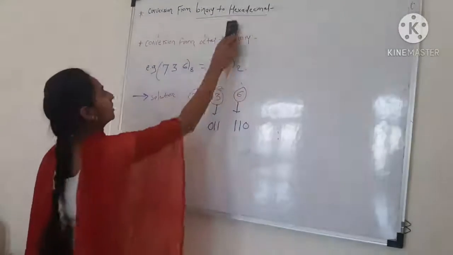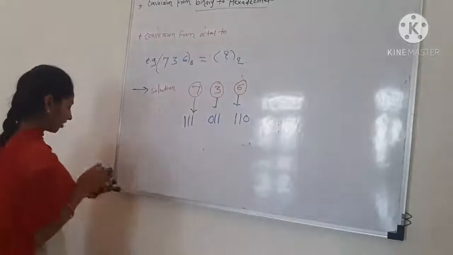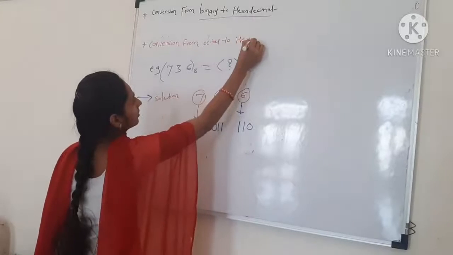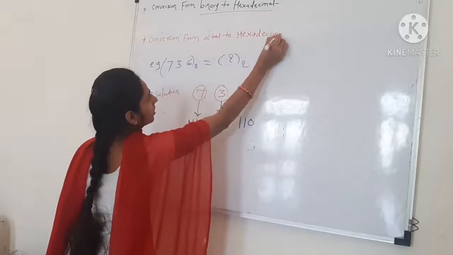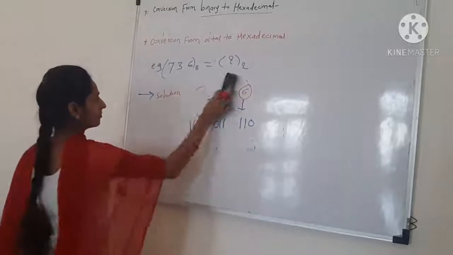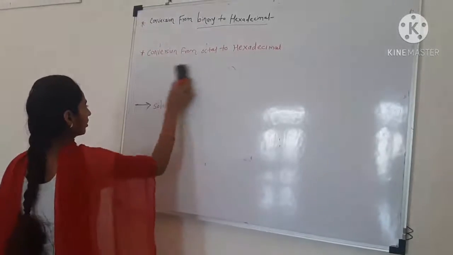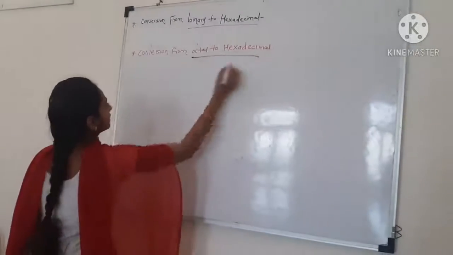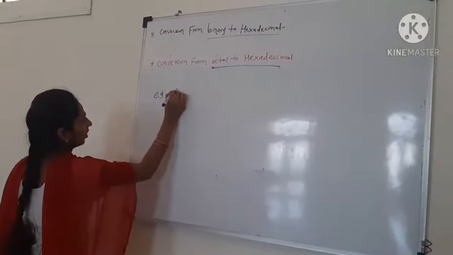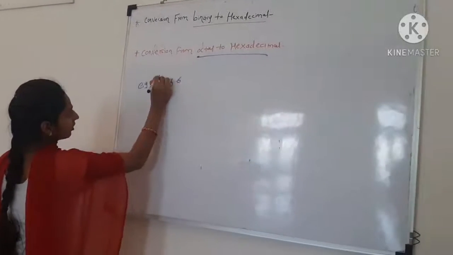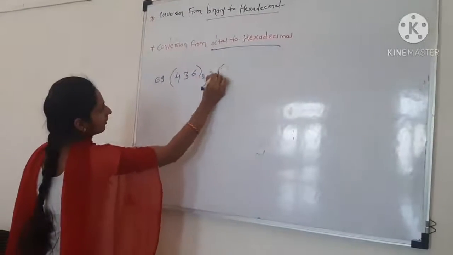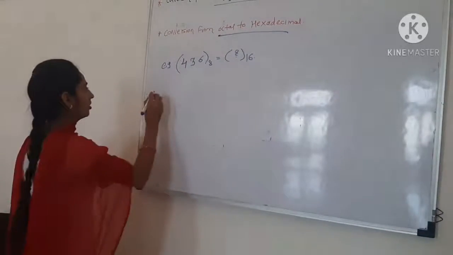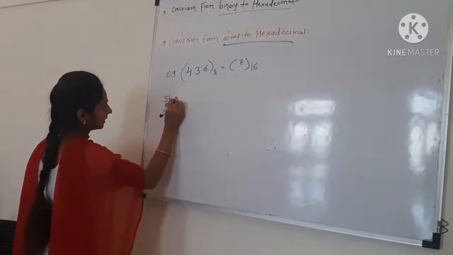So now take the next conversion, that is octal to hexadecimal. Here we have to convert one octal number into hexadecimal. So let's take an example, that is 436. It is an octal number and we have to convert it into hexadecimal. So the first step is to